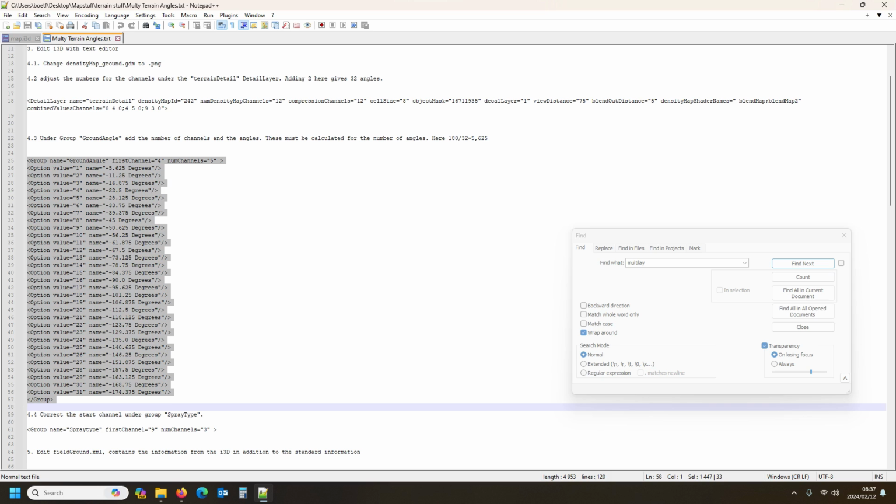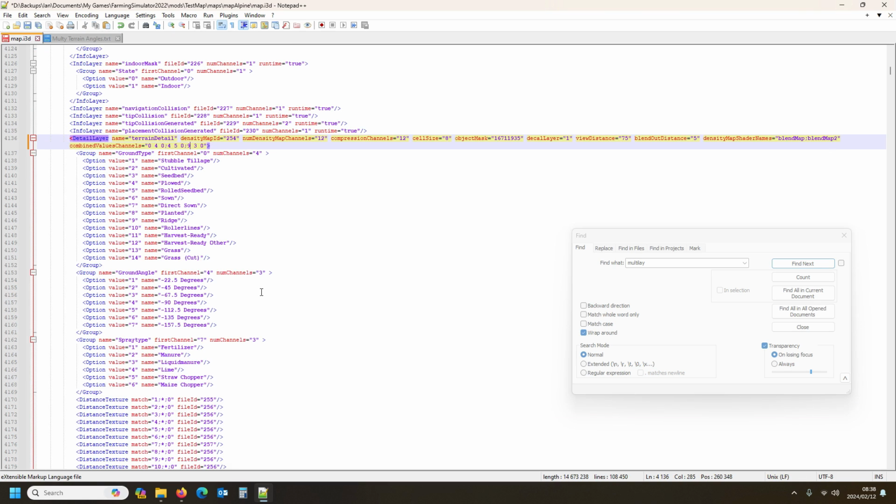Press Ctrl C. Very important here, not to copy anything else, guys, because if you add a digit or something that shouldn't be there, or a comma or anything else, if you copy anything else than that, it's going to mess up your map i3D, and your map will probably not open. So if you can't open your map after this edit, then you know you've got a problem in your i3D. Somewhere something is messed up. Now we're going to find this